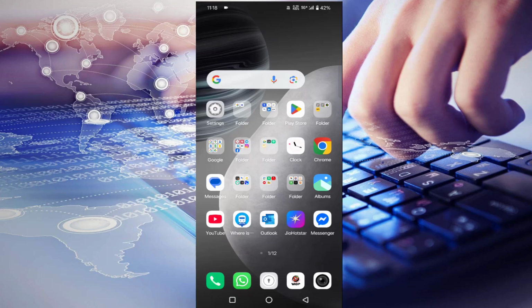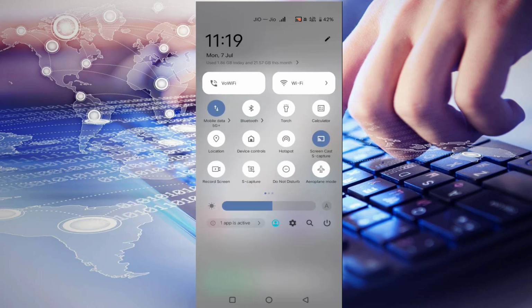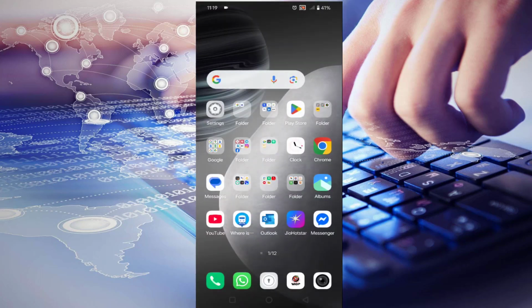Guys, if you are seeing no signal or no network coverage area in your Android, then I'll show you a couple of steps you can try and fix this issue. In this, first of all, the first method is you have to just enable the airplane mode and wait for a couple of seconds and disable it again and check whether your issue has been resolved or not. Still you are facing the issue, then tap on the settings,